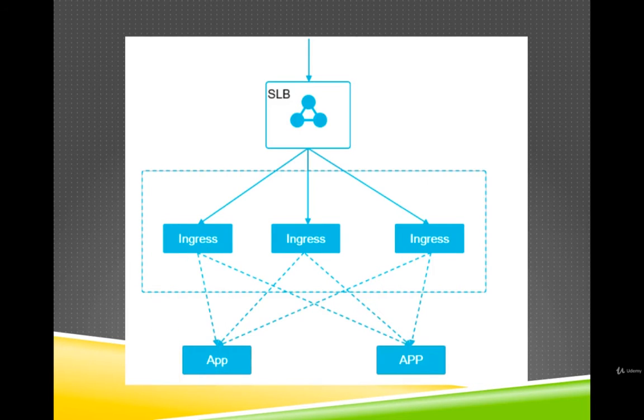Now, as the access layer of the cluster traffic, the high reliability of ingress is important. This lecture introduces you to deploying a set of high reliability ingress access layer with good performance. Let's first come to prerequisites. You have created a Kubernetes cluster. You have connected to the master node by using SSH.